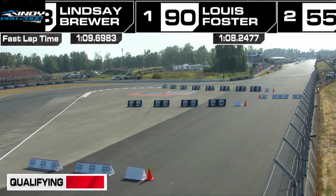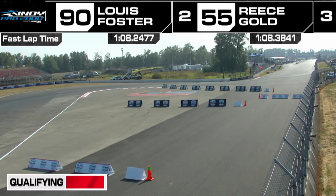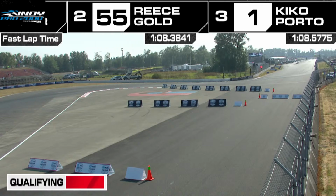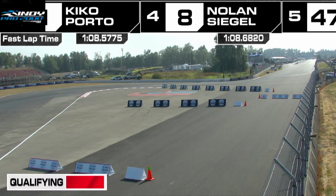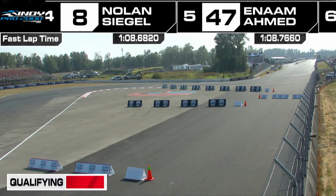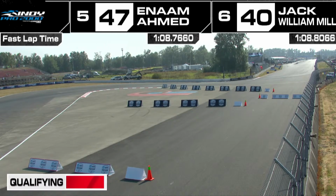But again, as I said, Louis only needs a top 10 finish in race number 1 or any of the races here this weekend to be able to win this championship. So Gold and Siegel really with no shot at it. Foster's going to eventually lock this thing down, but they are still pushing hard as the cream rising to the